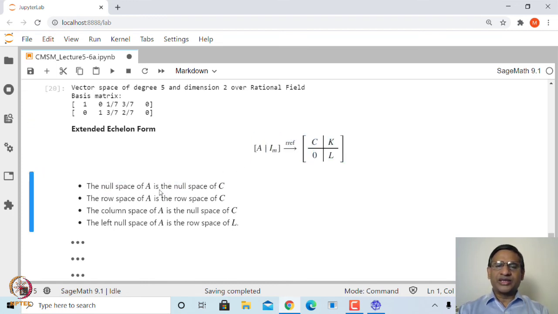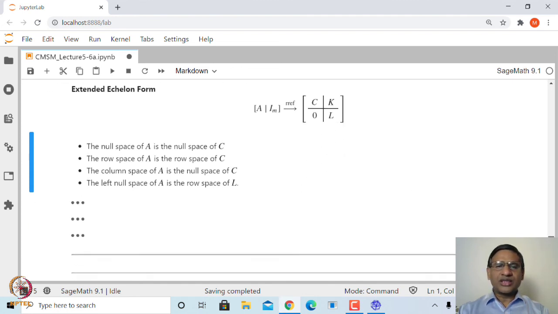So, the null space of A is nothing but the null space of C. So, C captures the null space of A. Similarly, the row space of A is the same as the row space of C. So, null space and row space are captured in this reduced matrix C. Similarly, the column space of A is also the same as the column space of C. So, actually the row space, column space and null space of A are captured in the reduced row echelon form of this matrix A, that means these non-zero rows, and the left null space of A is nothing but the row space of L. So, directly you get the basis of the left null space, which is in L.